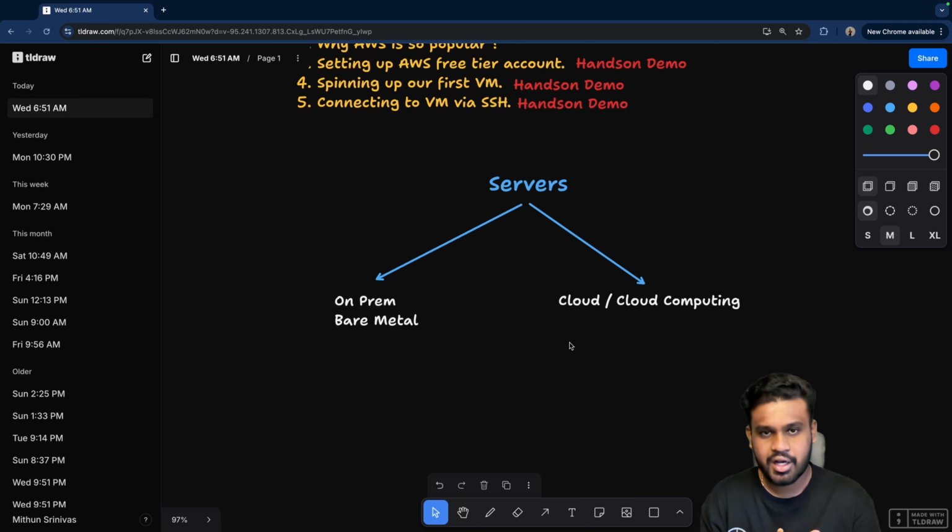The service provider will do the maintenance. The service provider will refresh your machines. The service provider will guarantee you the uptime, that there won't be electricity cuts, and will also give you options to back up and recover your data in cases of disaster recovery. So this is a very revolutionary thing. Because of this itself, you can see so many applications powered by servers.